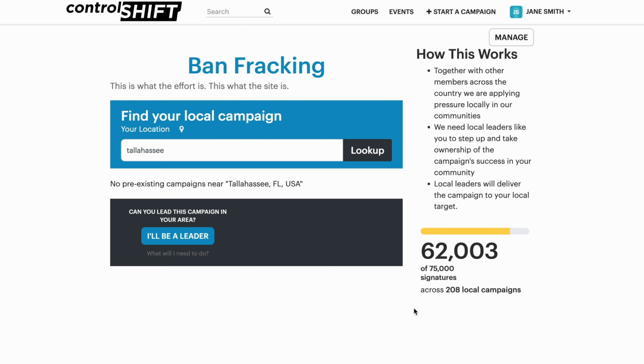If you have a closed set of decision makers, let's say members of parliament or members of Congress, and you've already added all of them to the platform, you likely won't want to allow your supporters to add additional targets because you already know who all of the people you want to target are. However, let's say you're running an effort targeting mayors and you've pre-uploaded the mayors of the top 50 most populous cities in your country. You may also want to allow someone to bring this campaign to their smaller city or town. If you want to allow a supporter to add their own targets, you can configure that from the effort's admin page. Again, check our other help documentation for more information.